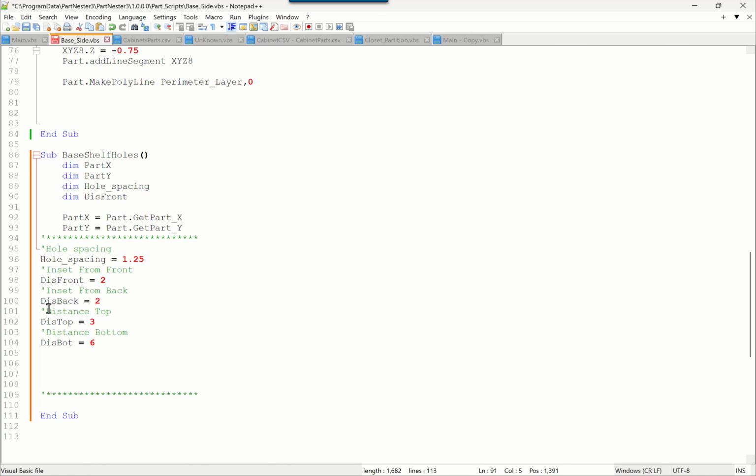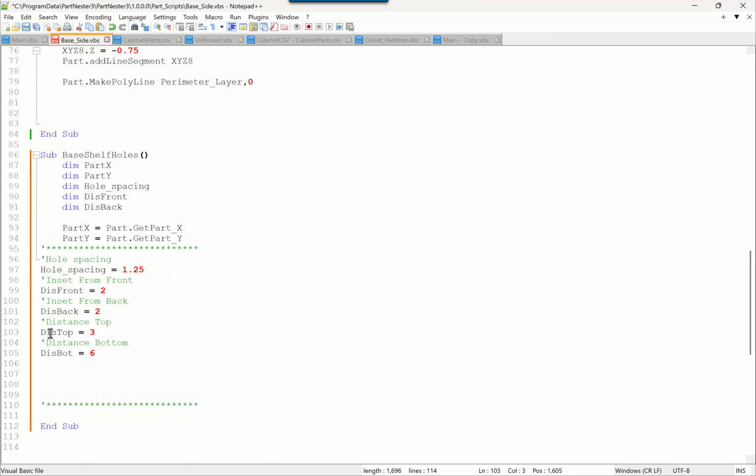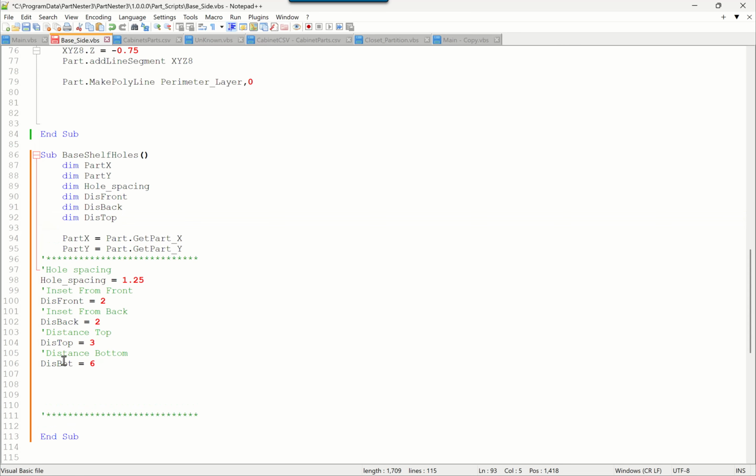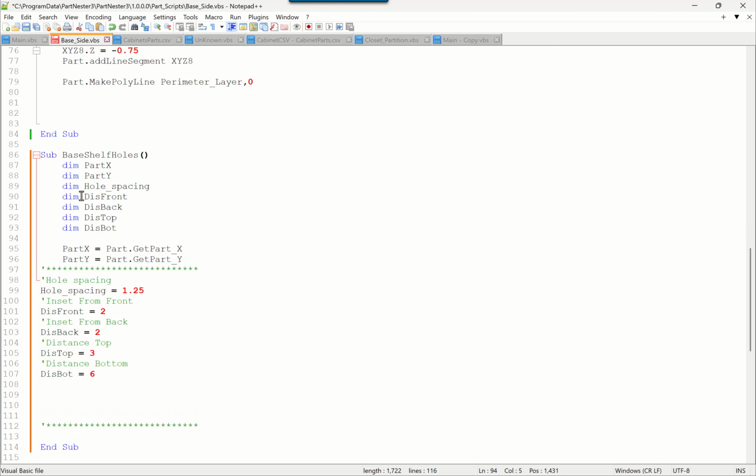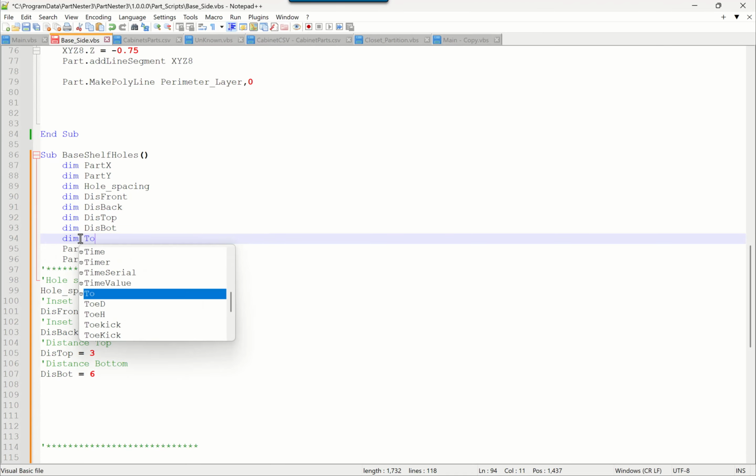And again, that's just nice to know when you look at the subroutine to see right at the top what variables are going to be used within the routine. Not all languages require this. VB scripting is one of them, that the program and the script will still work even if you do not have the dimensioned variables at the top. So now that we have all the variables that I think we're going to need, actually I think we need one more. And